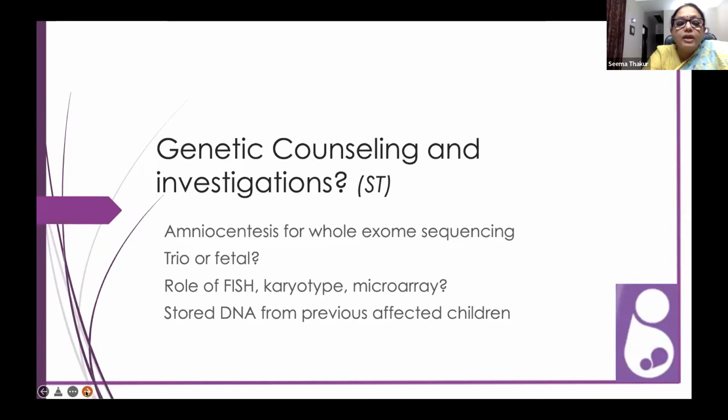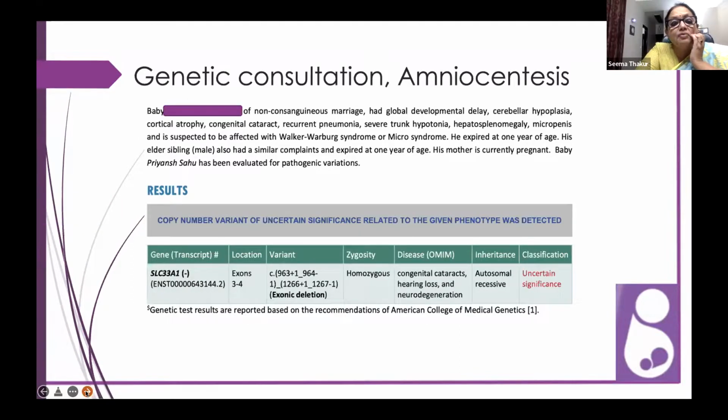So we ordered the whole exome sequencing, and this time we wanted a trio, like the mother, father, and child. But then I knew that this baby had gone to Gangaram, where they anticipate the problems and the need of prenatal diagnosis. So the DNA was stored, and they were quite kind to give us that DNA. This DNA, along with the parental and the fetus samples, everything was sent. Then we had this mutation, which was homozygous. As per the available literature, this was of uncertain significance. So how to interpret this? We correlated this,